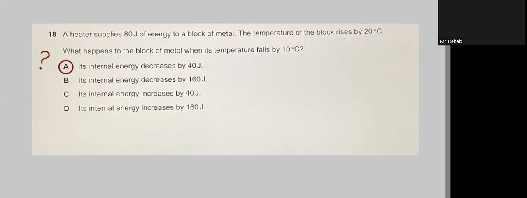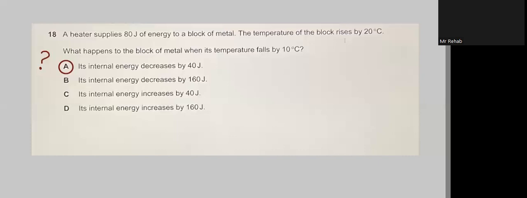The choices are: its internal energy decreases by 40 joules, its internal energy decreases by 160 joules, increases by 40 joules, increases by 160 joules. Okay, let's see the correct answer. In fact, the correct answer is sent by Lena to be A, but the question is why, or from where did it come? Number one, let's read the question as we read the questions in the exam by extracting